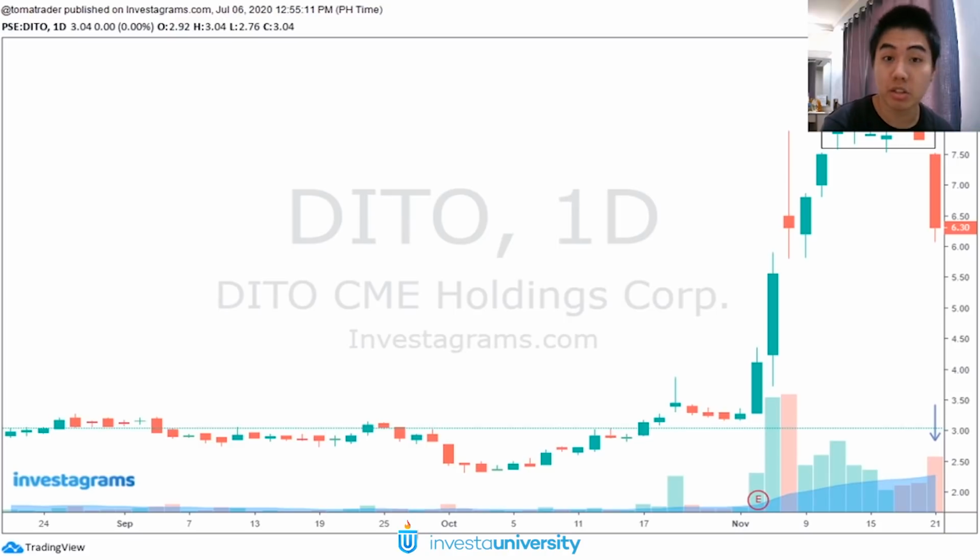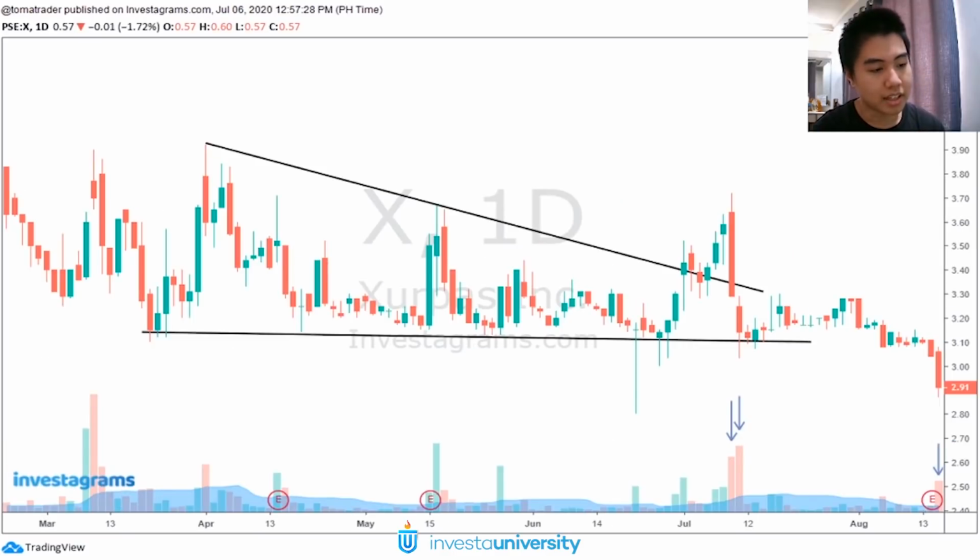Then, if you're holding the stock and it broke down on this much volume, you may need to consider cutting your losses. Right, here's another example. We have X forming a descending triangle, right? And then, but sadly,